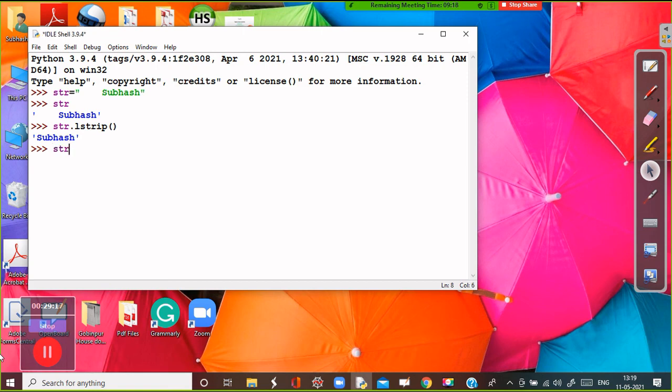And in the same way, if I am writing here a string and giving some space, so this string consists of a space from the right side. If you want to remove it, then you can use rstrip.